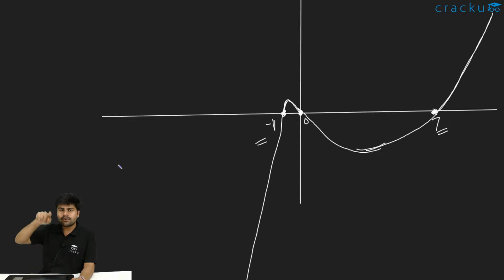So this is how the graph will look. It will be positive beyond the largest root. Between 0 and the largest root it will be negative. Between 0 and the smallest root it will be